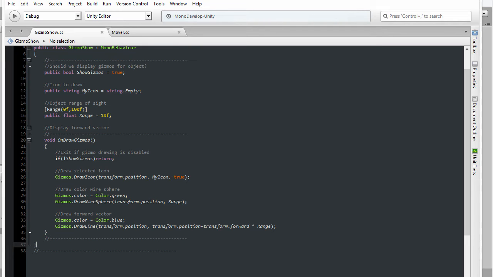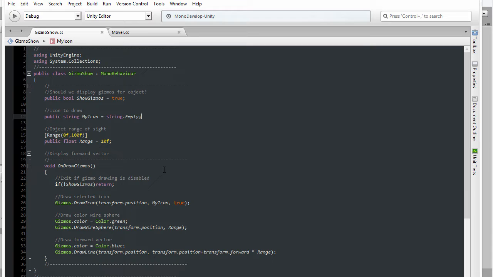In the preceding movie, we had a look at the icon to draw property, and I want to explain what that is in more detail now. Notice down here at line 26, we are calling a function called draw icon, which is part of the Gizmos class, and this can be used to draw any custom texture that we import at the position of the object